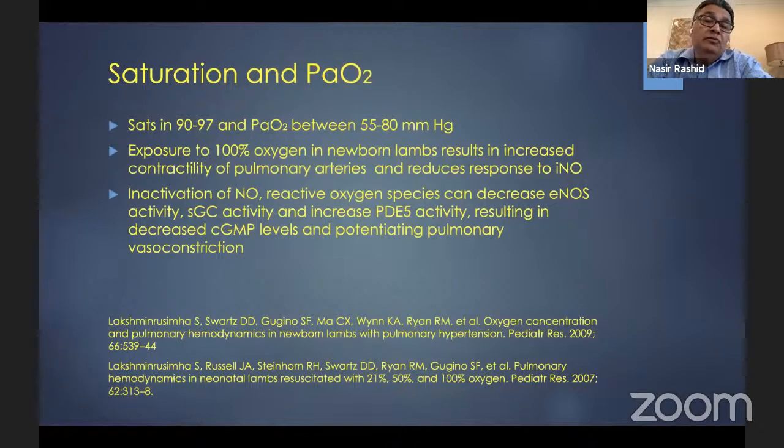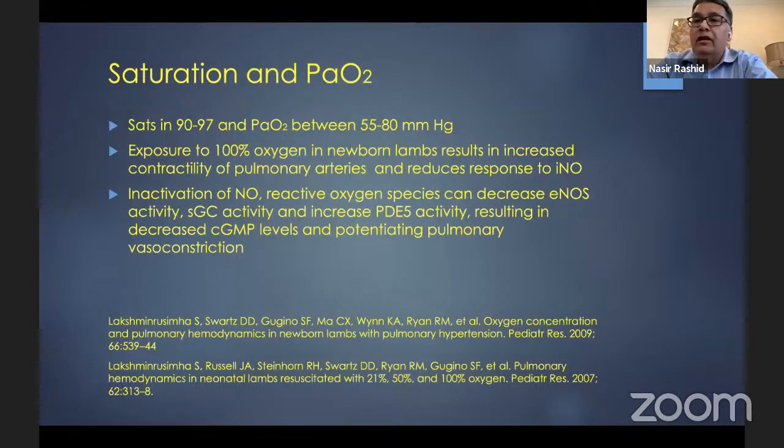So where the SATs should be maintained in a PPHN infant, it should be maintained in the level between 90 to 97%. And the PaO2 on the arterial blood gases should be targeted between 55 to 80. Try not to over-oxygenate these babies, because when these infants are exposed to a higher amount of oxygen, based on